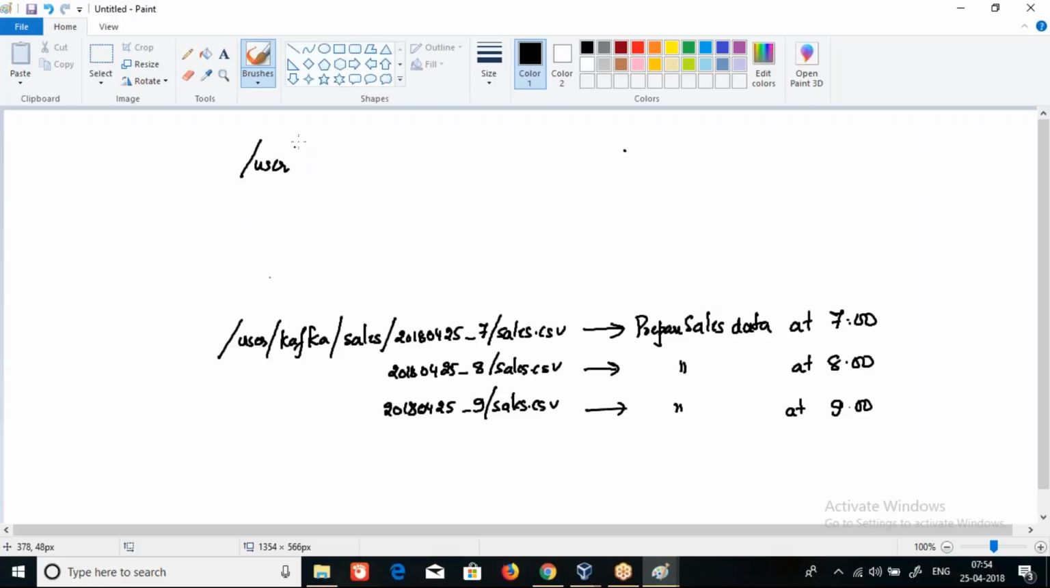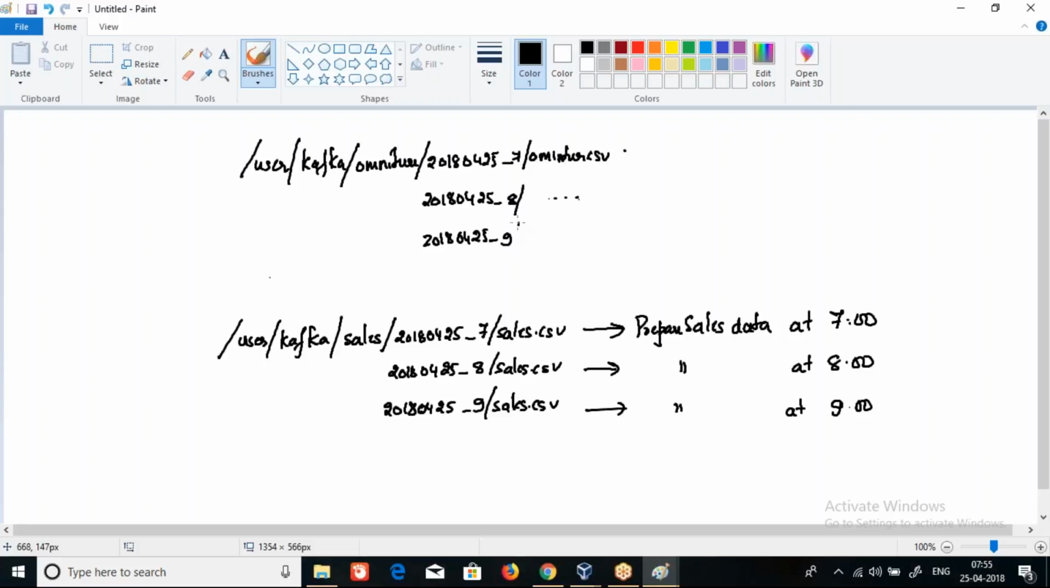In a similar fashion, user Kafka will create a table called omnichar, and there also 2018-04-25 underscore 7 will have omnichar.csv file. 2018-04-25 underscore 8 again will have omnichar data. 2018-04-25 underscore 9 will have again omnichar data. So again we have to run prepare omnichar job, Spark job